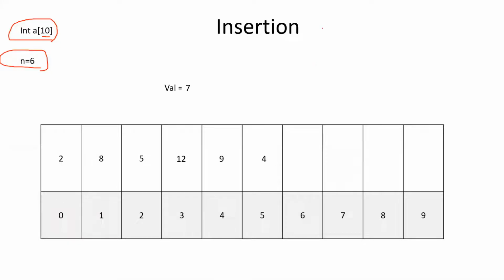Johnson. Tell me what is the next input we need? Position we asked, and our aim is to insert a number. So what we have to ask the user? Enter the number to be inserted, right? So here we are asking the user to enter the number. I'm getting the number as 7. So position is 4, value to be inserted is 7.